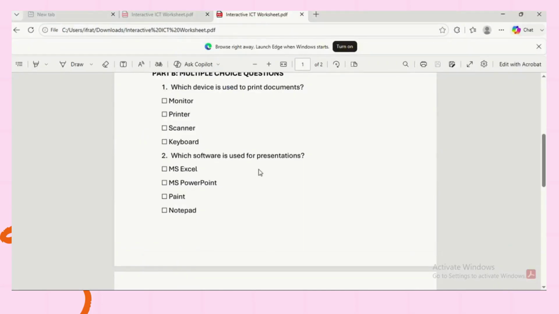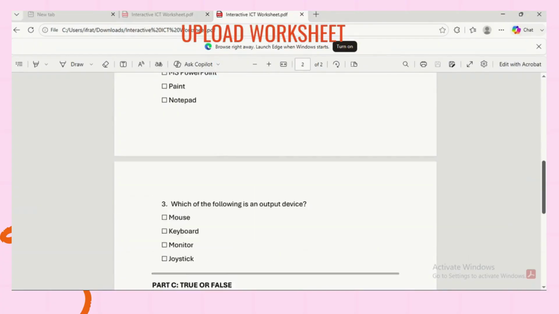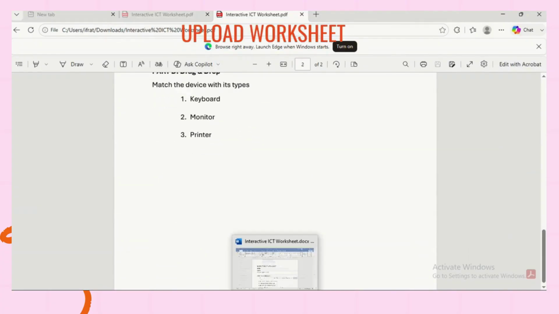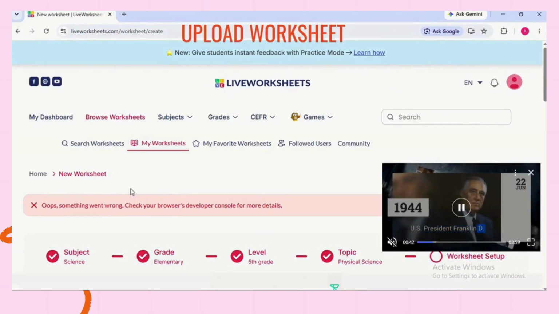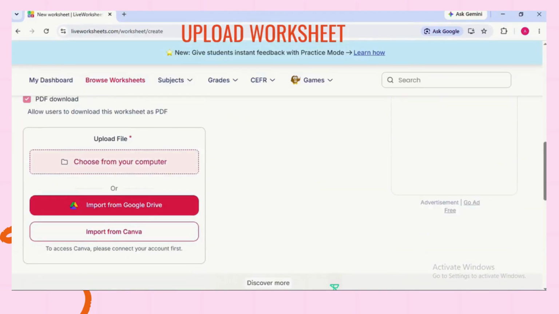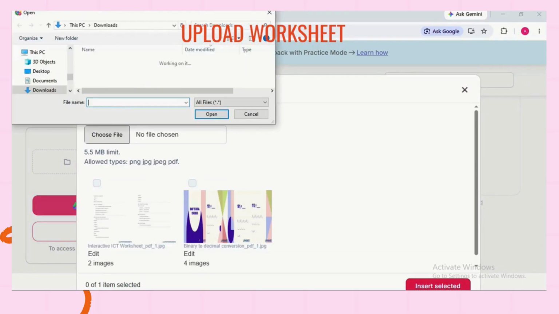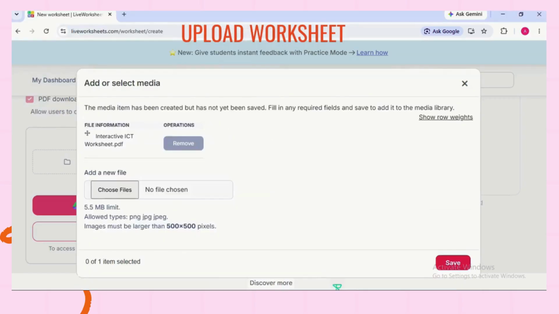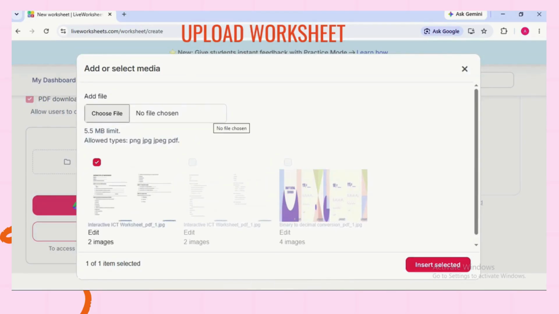topic. So I have created this PDF for my tutorial to be shown to all of my users and my followers. So I will choose this worksheet as a PDF in my tutorial and will show you how to make that dead worksheet into a live worksheet. So I will just select my file and then it will process for some time, and then click on save, insert selected,